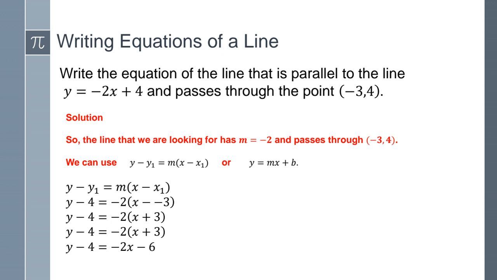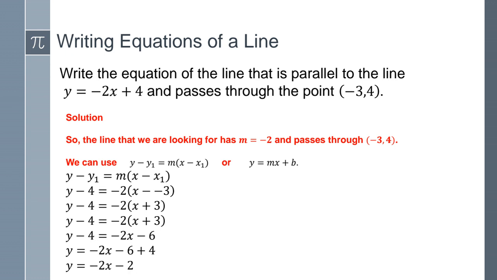We're almost done here, guys, right? Because now I need to isolate the y, put it in y-intercept form. So I need to add 4 to both sides. If I add 4 to both sides, on the left side, the negative 4 plus 4 will give us a 0. So that's why there's only the y on the left. And now I need to add the negative 6 plus the 4, which will give us negative 2. So this results in the equation that we're looking for: y equals negative 2x